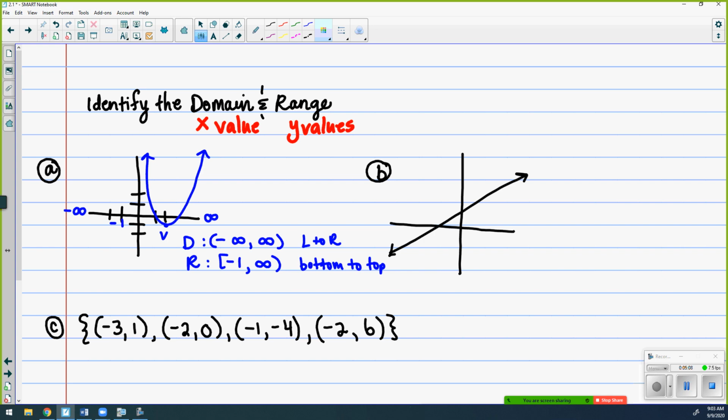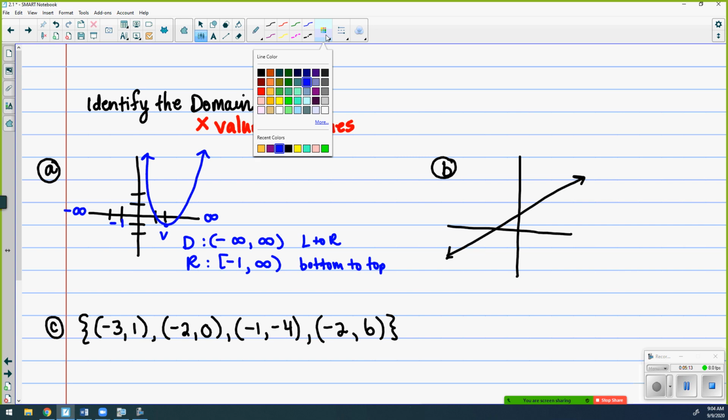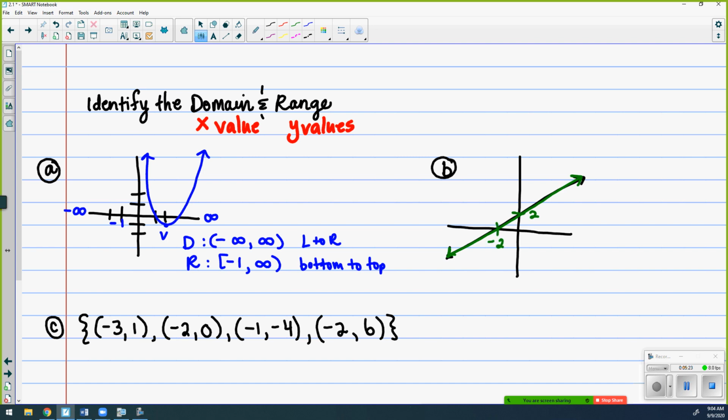All right, let's take a look at another example. How about letter B? Now for letter B, I just drew some random oblique line here, a diagonal line. Looks like it crosses through maybe, I don't know, we could say maybe 2 on the y-axis, and maybe it crosses through -2 on the x-axis. But you know what, that doesn't really matter, because as we move from left to right,